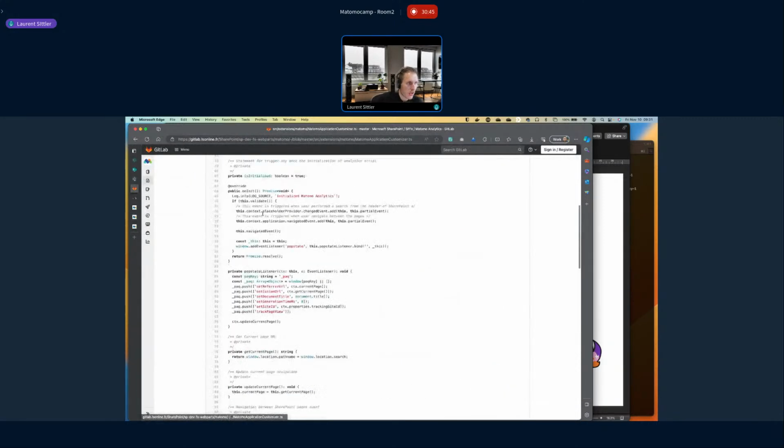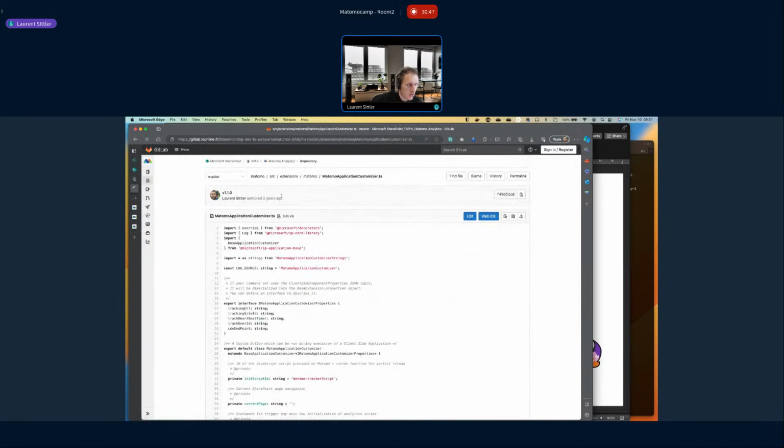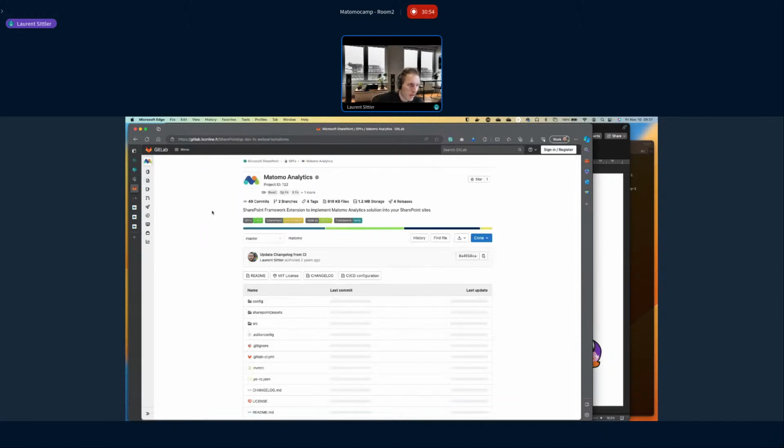Because of this version of my extension, I voluntarily chose to keep an old version of the SPFx. This is a framework provided by the Microsoft community, and this is clearly not the latest version. The latest version is something like 1.14 and not 1.4. This is the latest version that you can use to be able to deploy this kind of extension on both platforms, the on-prem one and the online one.